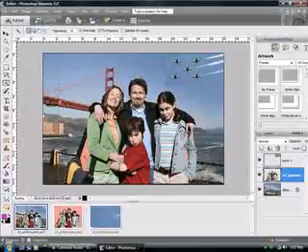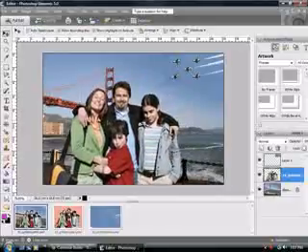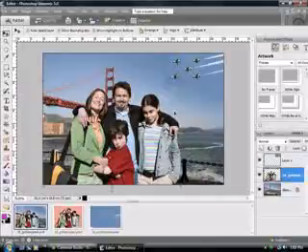Notice there's still a bit of colour from the background in here and in here, and I'll just click the magic wand, delete on my keyboard, click the magic wand, delete again,